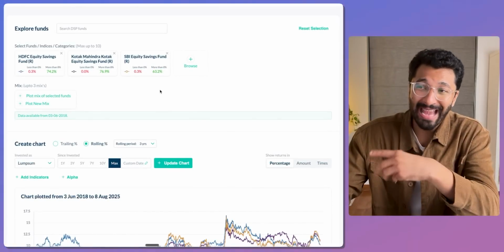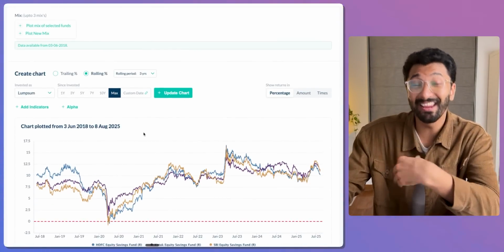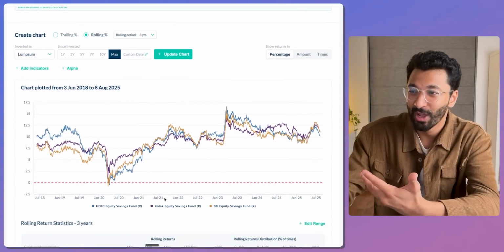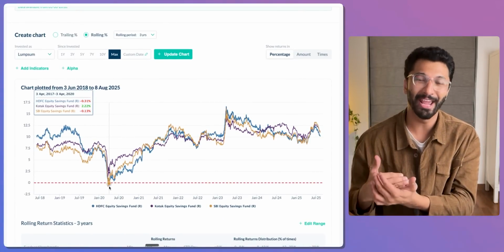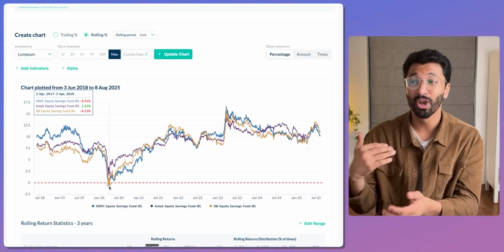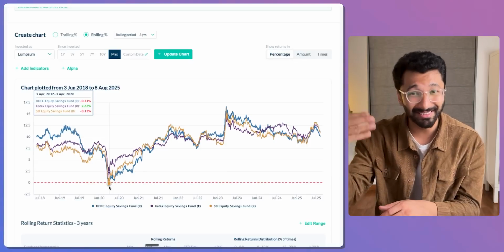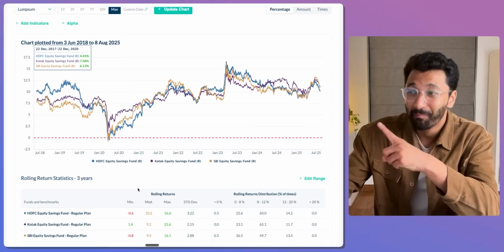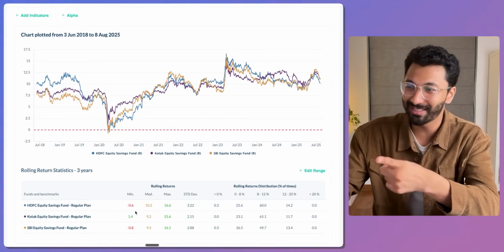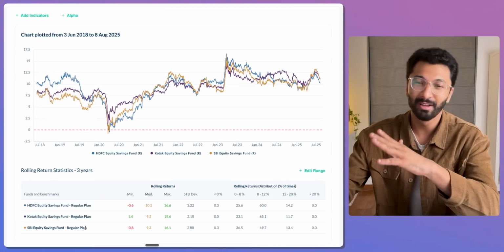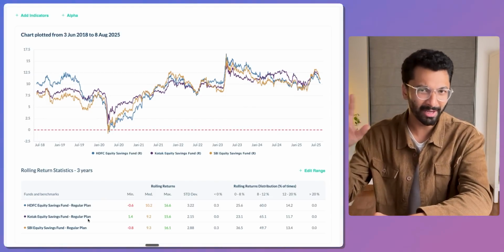Now let's have a look at three specific equity savings funds, HDFC, Kotak and SBI, and see how they would have done over a 3-year period, right? So if you notice, only during the very depth of the pandemic crash, the very bottom of the pandemic crash, did they actually give negative returns. Kotak in that situation, as you can see, even then was positive 2.2%, but over a 3-year rolling period, the median return is about 10.2 for HDFC and about 9.2, 9.3 for Kotak and SBI. So that is the rate that we assumed as well, 9%, when we are looking at the calculator.